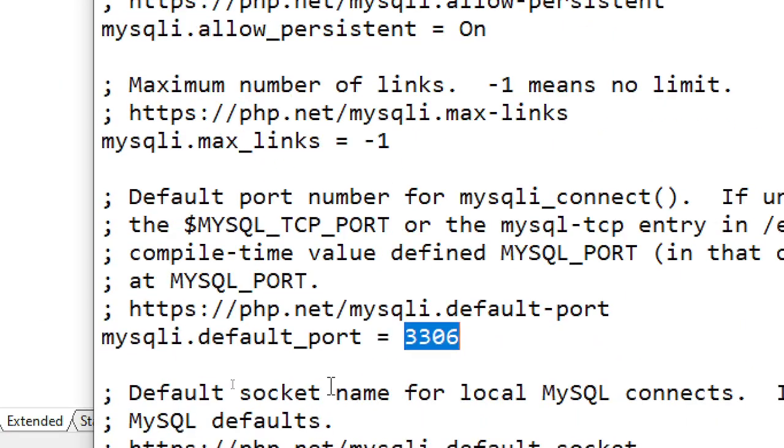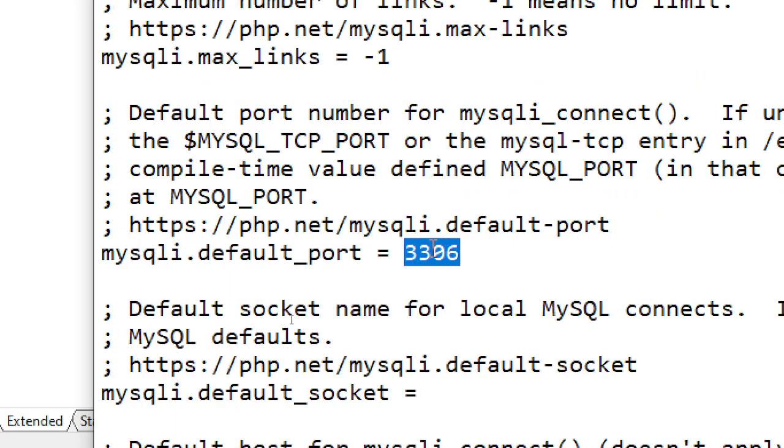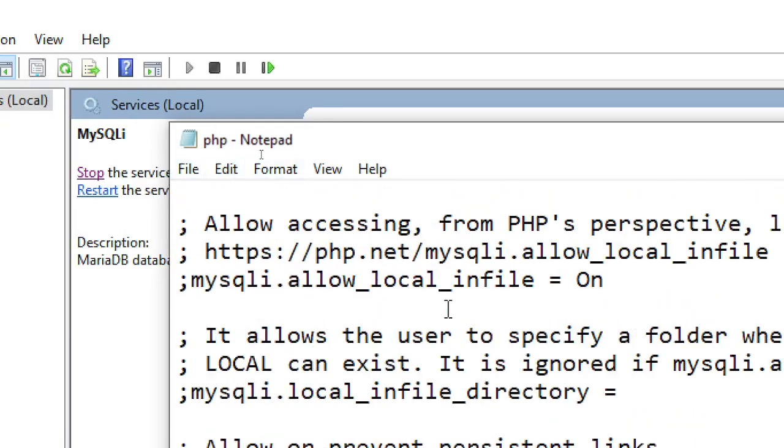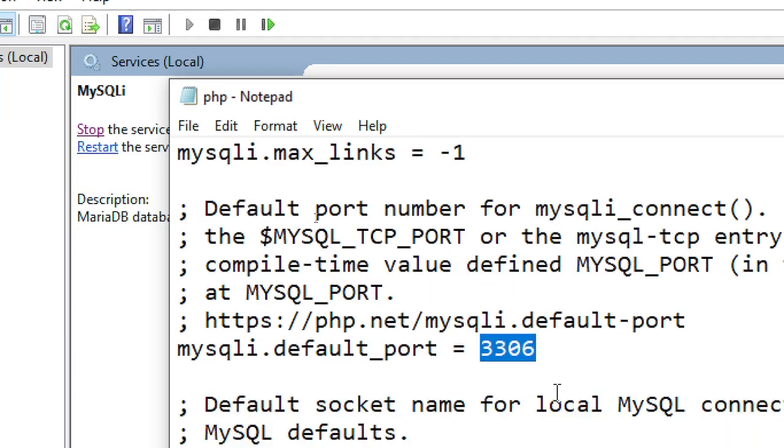See, it says here mysqli is using 3306. If this one is wrong, it will not run. You can change this. Remember, this is php.ini, the initialization of PHP. So you can change the port to whatever you want, and you can change also